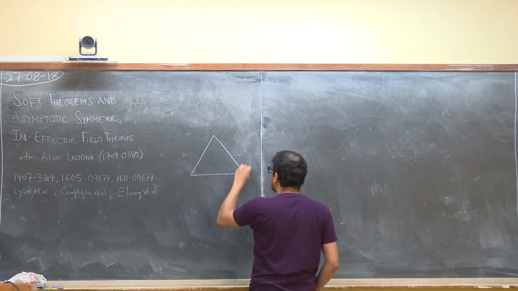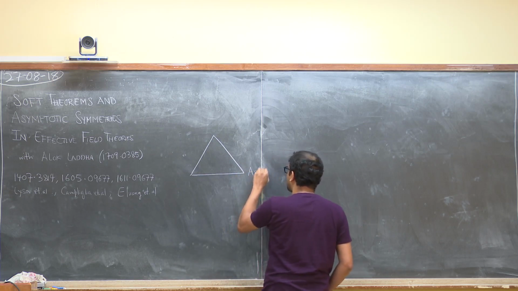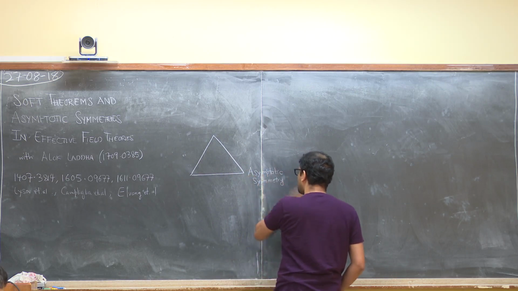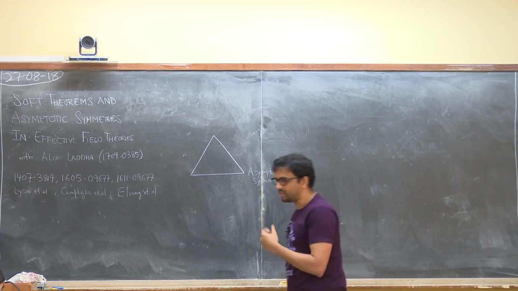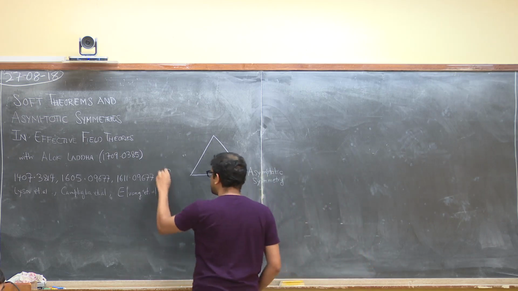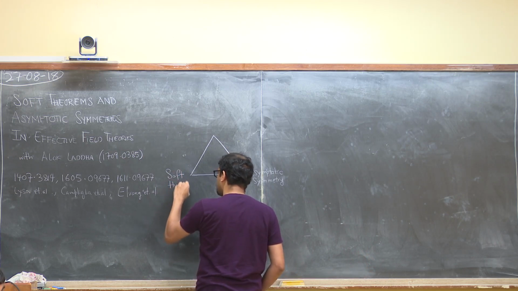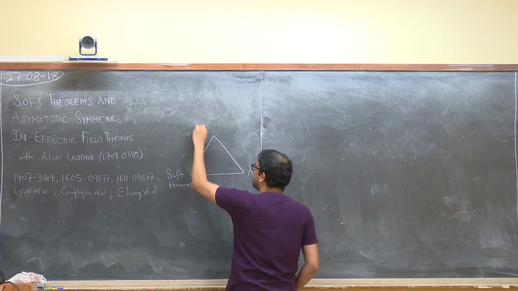One vertex of this triangle is the study of asymptotic symmetries in flat spacetime near Scri plus. Another vertex of this triangle is the study of soft theorems. And the third one is